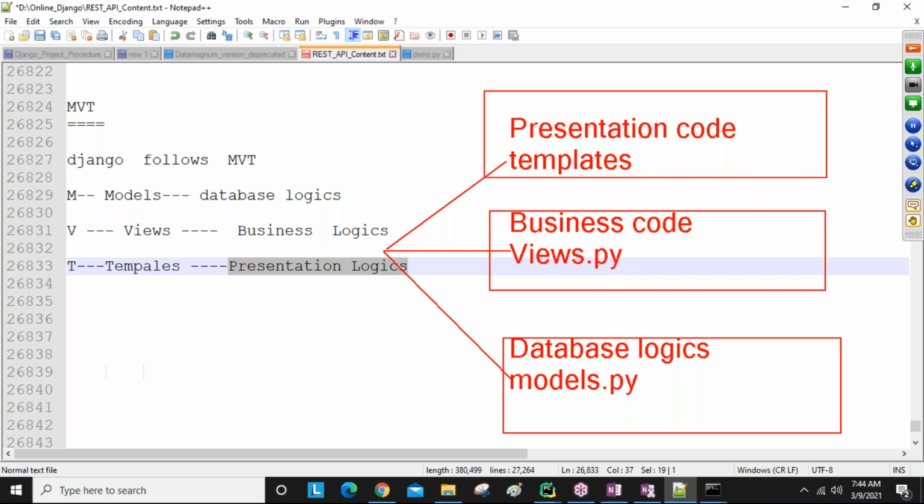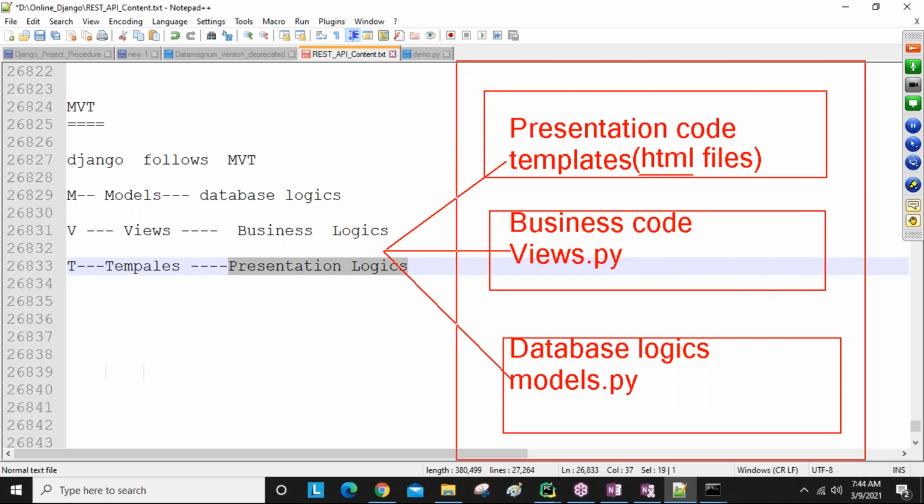Clear this one? So here, guys, templates maintain all HTML files. In Django we are not calling them home.html or login.html, like that. We call them login template, home template, register template. So technically we are calling them templates, guys. In interviews, people ask whether a template is there in our code or not. So template means HTML, remember, don't get confused. Clear, guys?